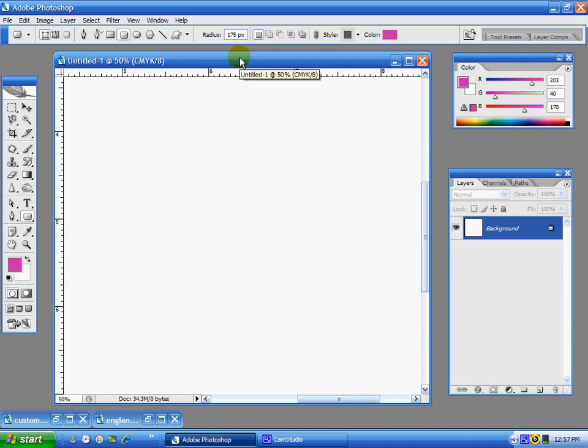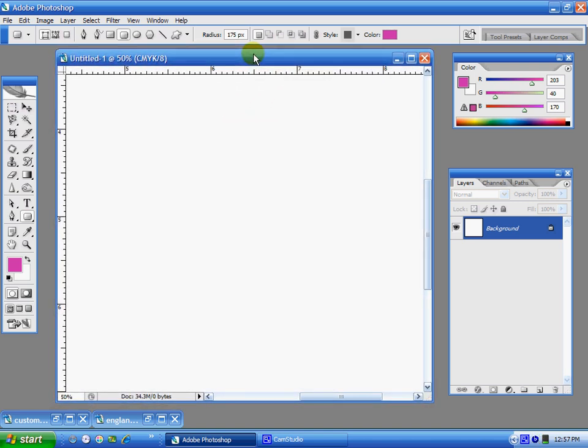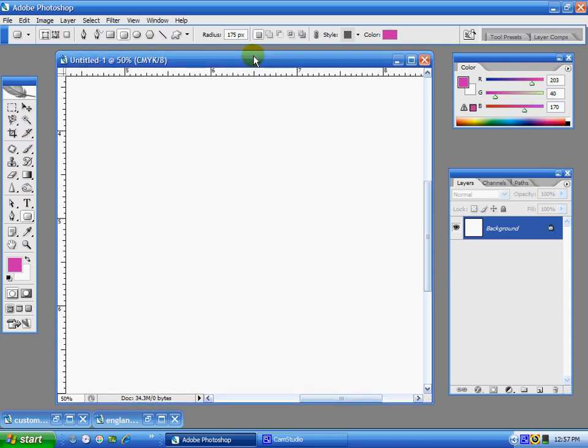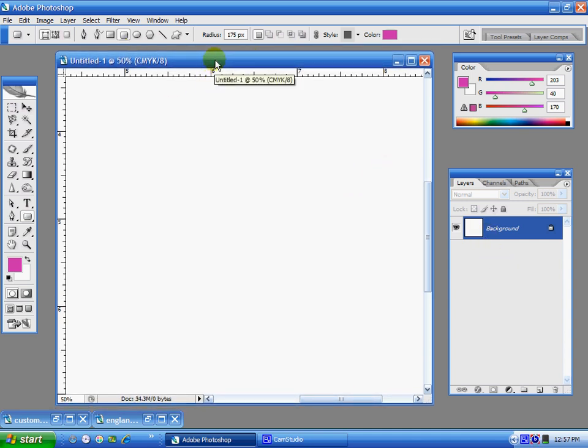Basically, what you need to know already is how to create a file and move around in it and zoom and move objects, things like that. If you don't know, you might want to check out some other tutorials first. But if you do, then you're ready to start with the pen tool. It was really frustrating for me when I first started learning, so I'll hopefully guide you through the things that had me hung up